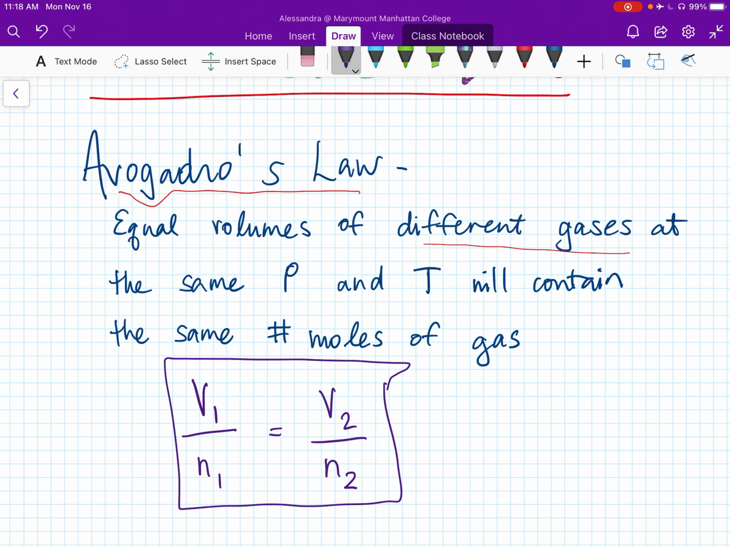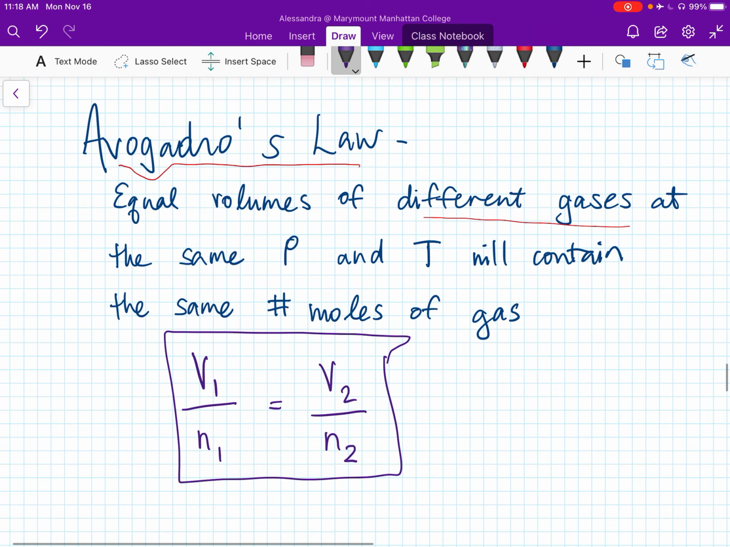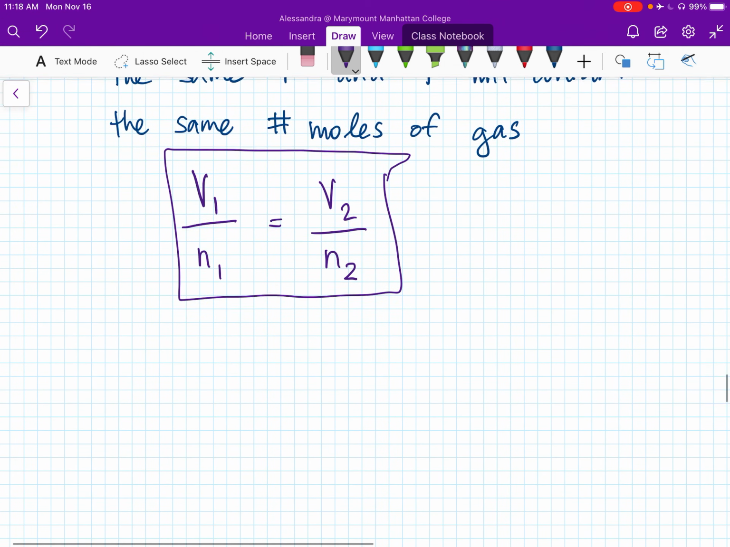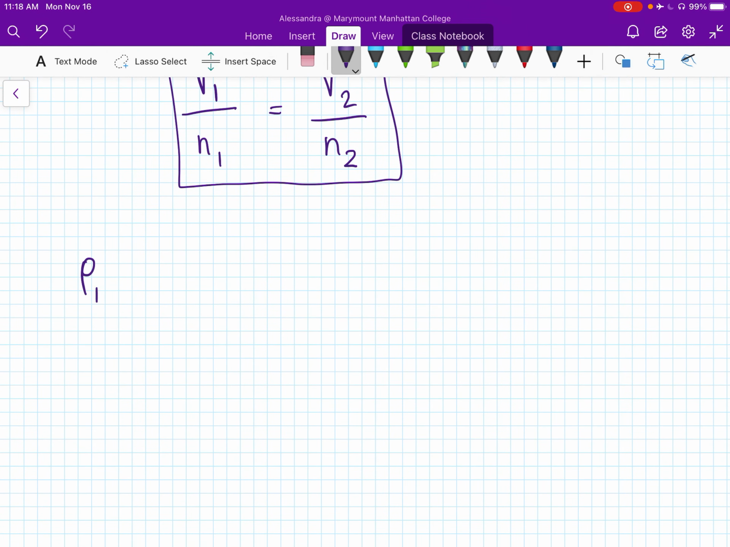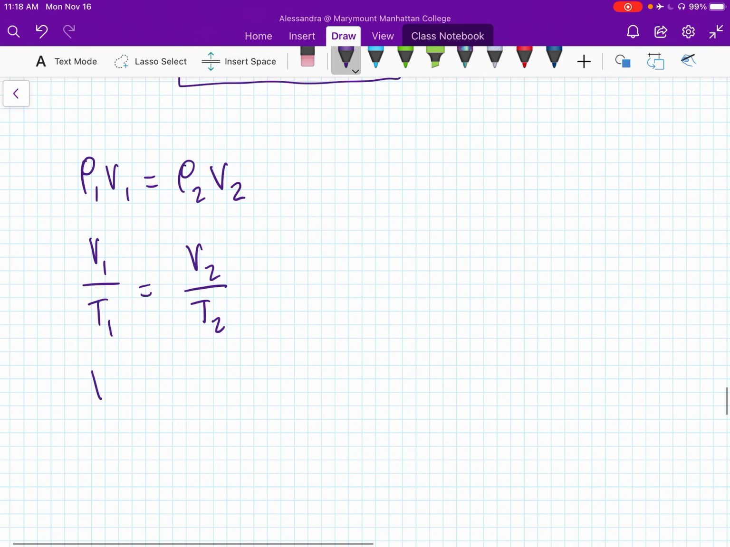So if we take Avogadro's law and combine it with Boyle's law and Charles's law, so we put all of those laws together, we can come up with the ideal gas law. So just to remind you, we had Boyle's law, which is P1V1 equals P2V2. That's Boyle's law. We had Charles's law, which is V1 over T1 equals V2 over T2. And now we have Avogadro's law, which is V1 over N1 equals V2 over N2, where N is the number